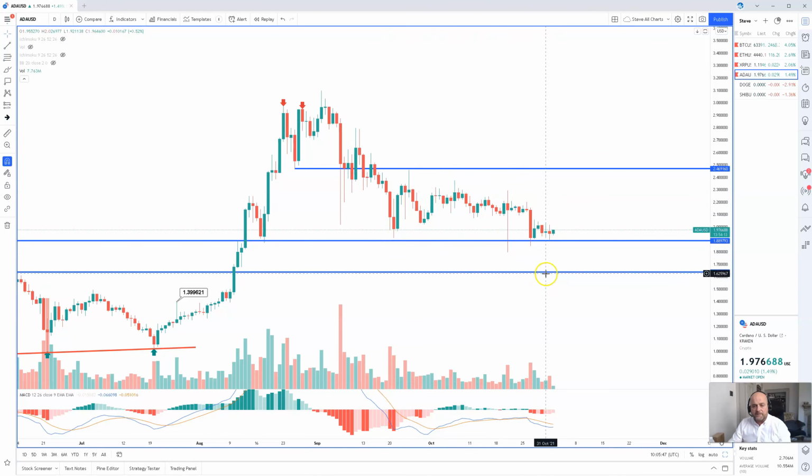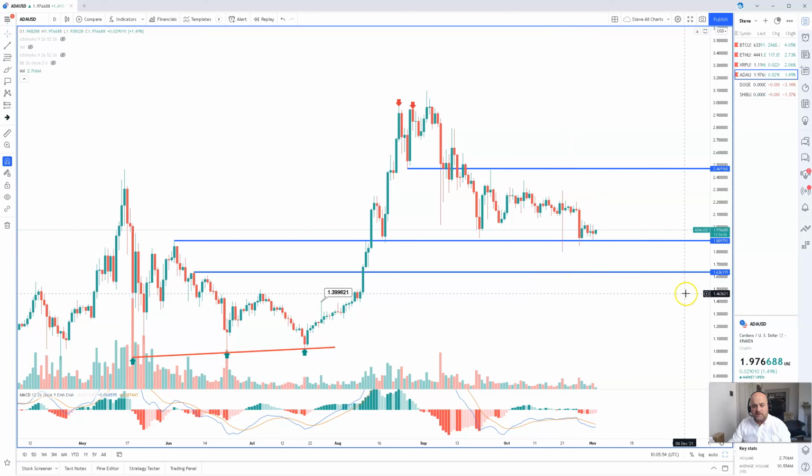We do have support coming in around about the 180 to 190 area. A break of there should open up a retest of 163 and further below. But yeah, definitely this isn't getting carried away. Volume's low. Really needs a little bit of a boost to get that playing out on the upside. 250 for me is the big resistance area. That was a previous swing high all the way back in May, and that acted as a good support